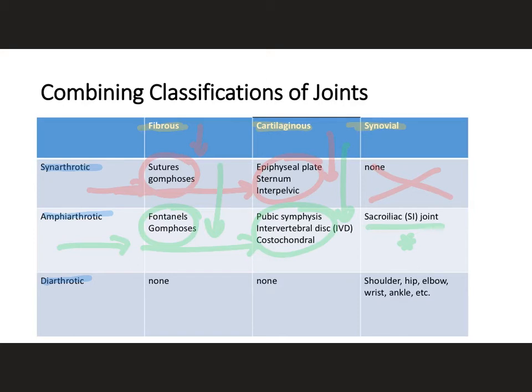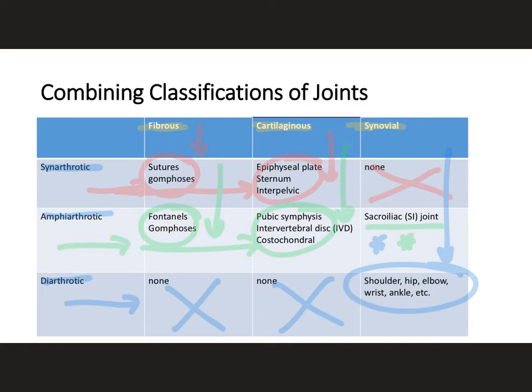Our last category is diarthrotic, the freely moving. And we see there are no fibrous joints that are freely moving. We see there are no cartilaginous joints that are free moving. And we see that all of our synovial joints, except this one, are free moving. So, in our